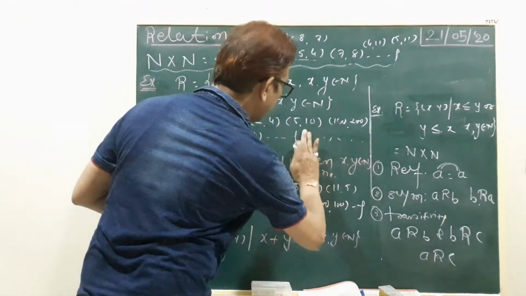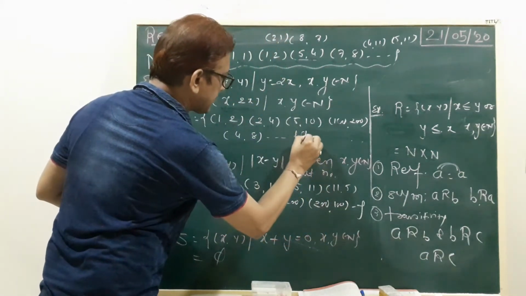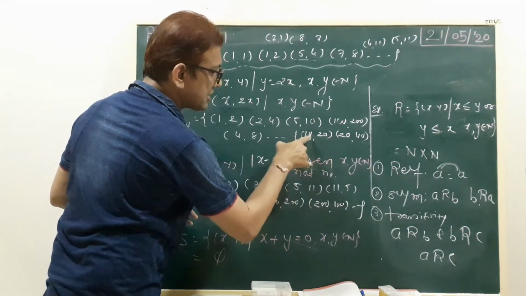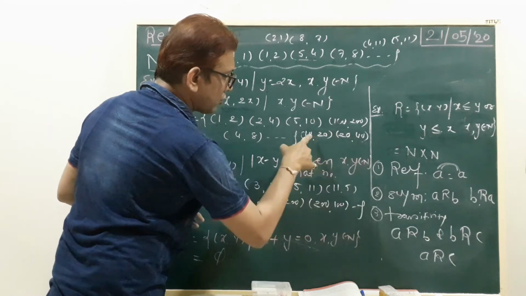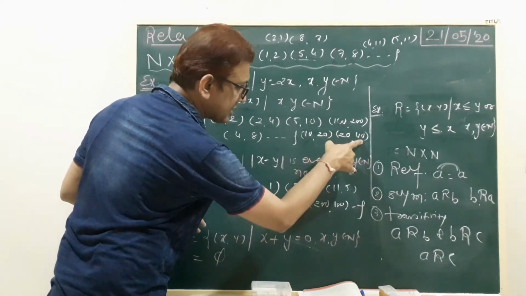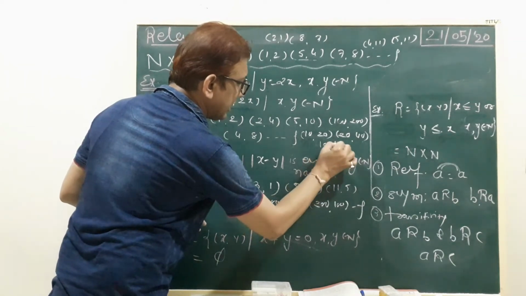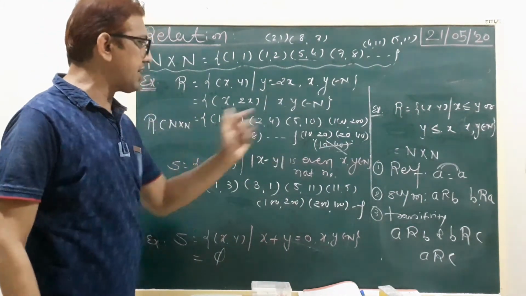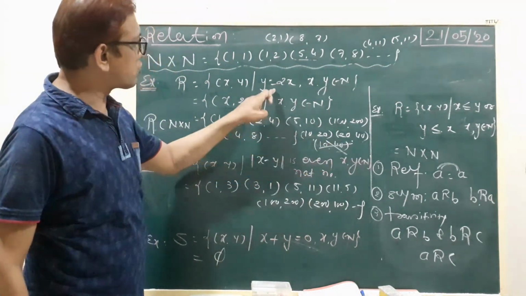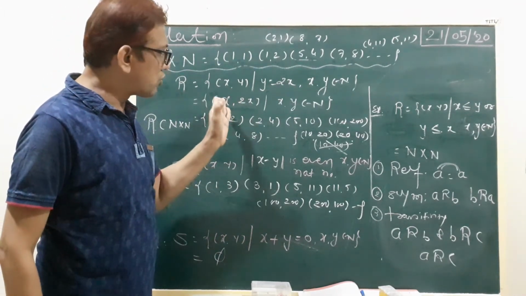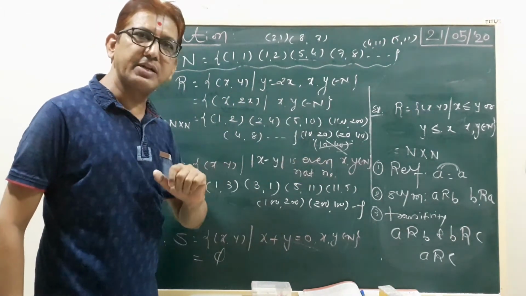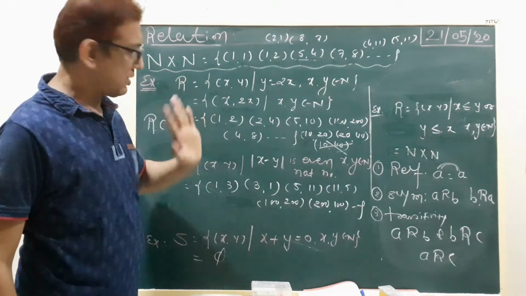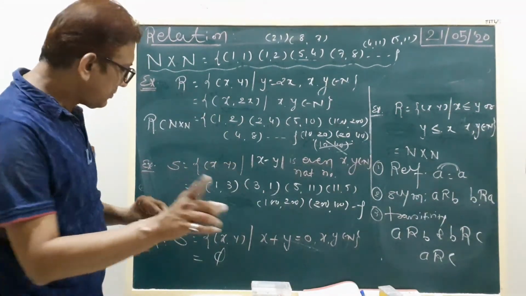Again check here. Second one. Suppose 10, 20 and 20, 40. Here 20 is twice 10, and 40 is twice 20. So A relation B, B relation C. Common element cancel, and A relation C. This one is not possible in this question. 10 40 is not possible in this curly bracket. Why? Because it does not satisfy the condition x, 2x. Our condition is most important: the second element is twice the first element. So 10 40 is not satisfied. Right? So here transitivity is not satisfied.